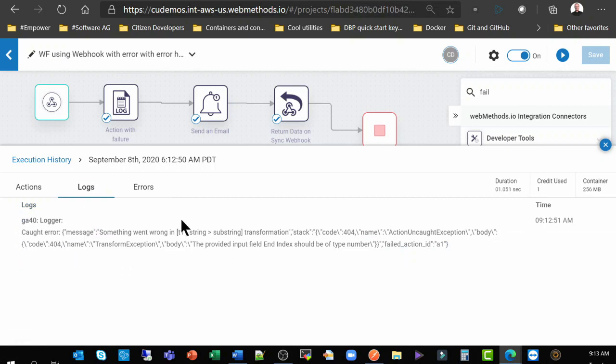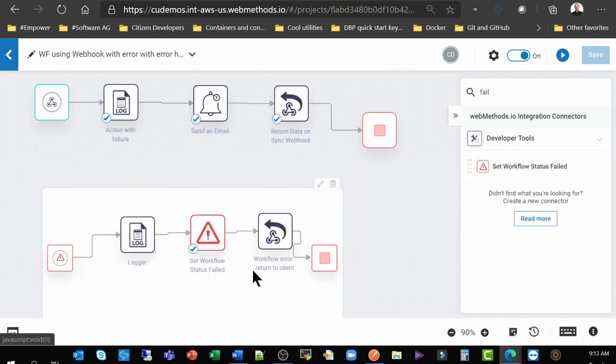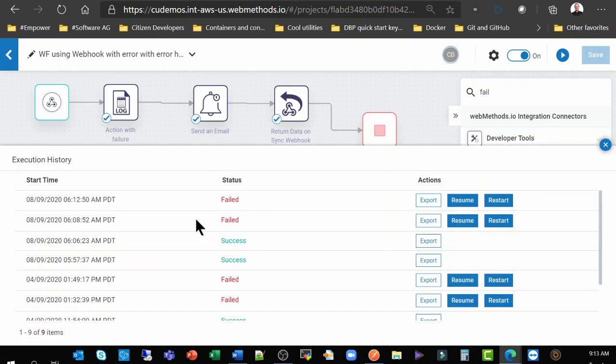Because I ran logger in that global error handler, it's just showing me all I was doing was logging the error message. So if you don't have logger, you're not going to see this. And then errors. So this is the actual error that was trapped. And yeah, so basically that's the error that occurred. But yeah, the key thing is now I have this failure, and I can do, like I showed you before, resume, restart,